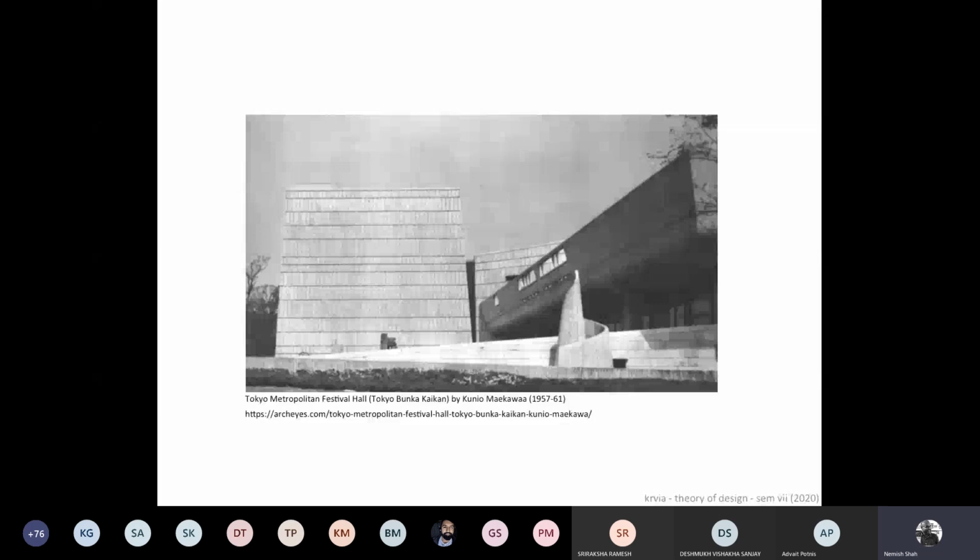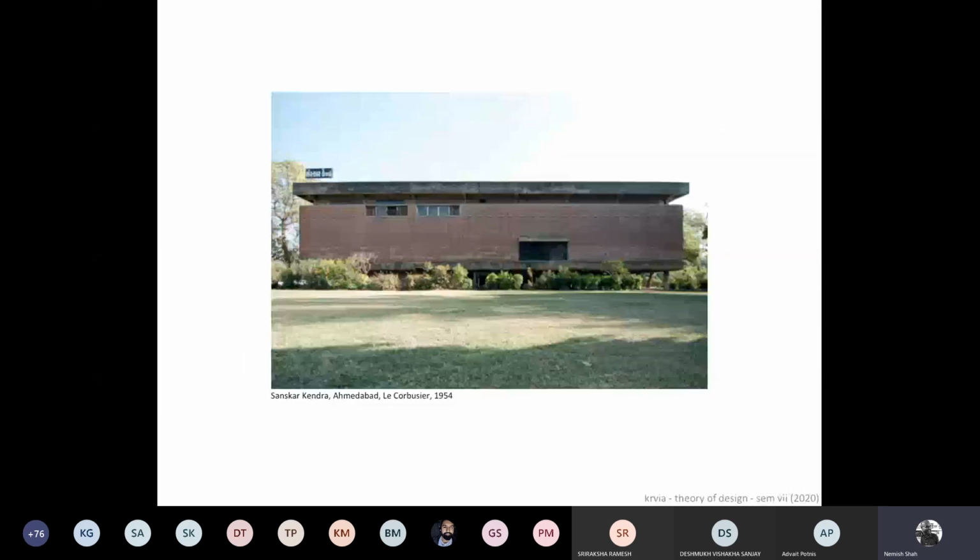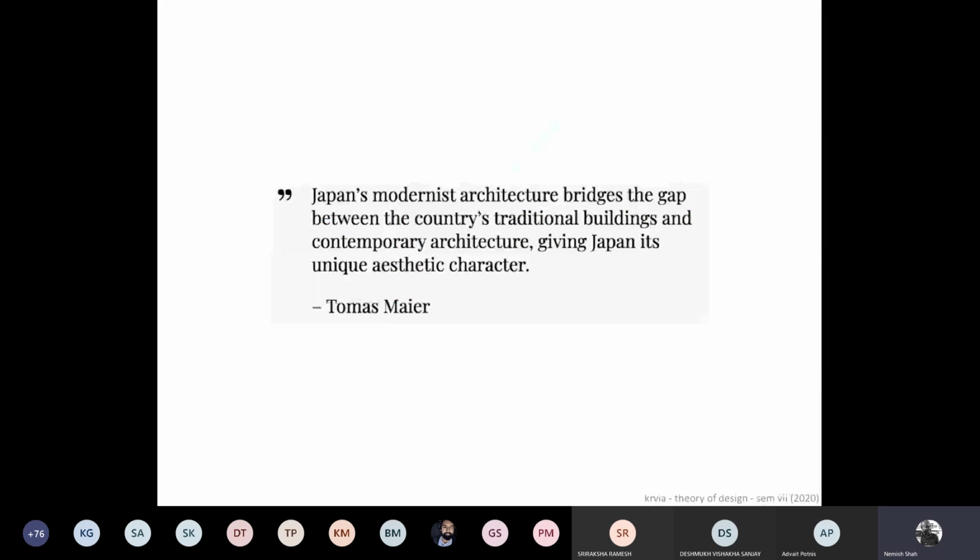And you see what Maekawa does, even in India, B.V. Doshi does the same thing. He's so influenced by Corbusier that his first few buildings after Corbusier look exactly like Corbusian buildings. They are brutal concrete buildings. They are these plastic shapes, and then only later Doshi changes. Maekawa does not change. He remains true to the modernist principles till the end of his life, but